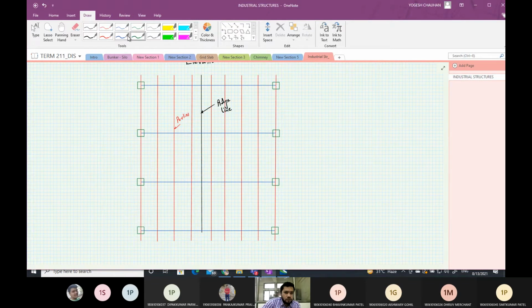These are the columns, and this distance is the spacing of the truss.